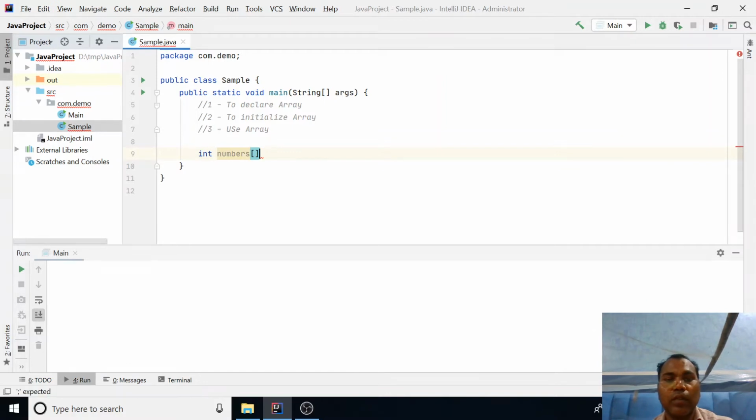So this is the first step, step number one, to declare the array. This is the basic syntax of declaring an array. And there are multiple ways to declare an array, initialize an array, and use an array.